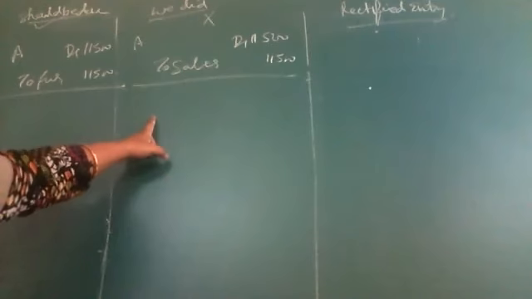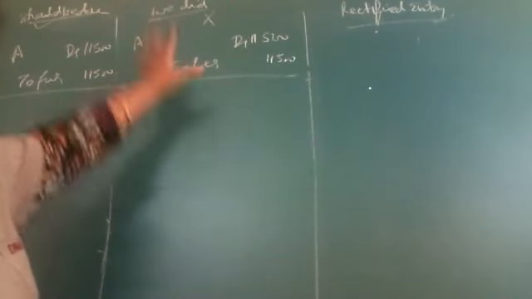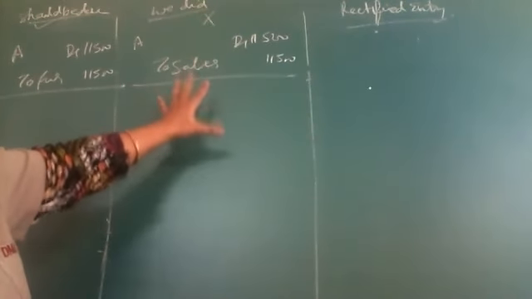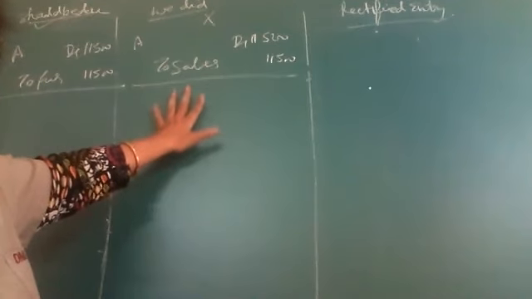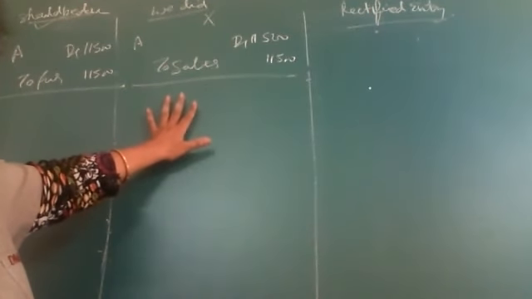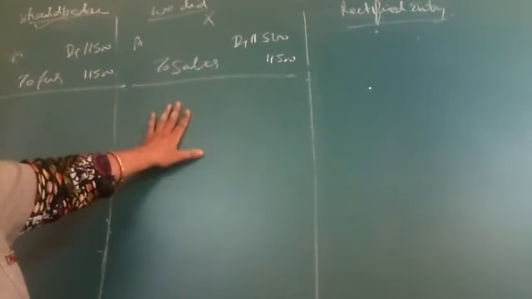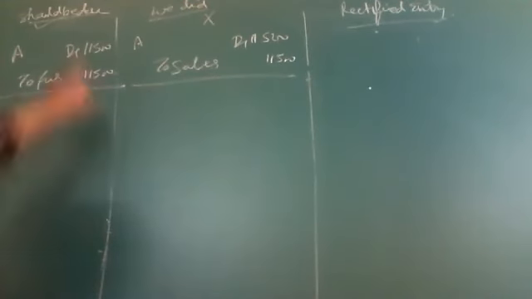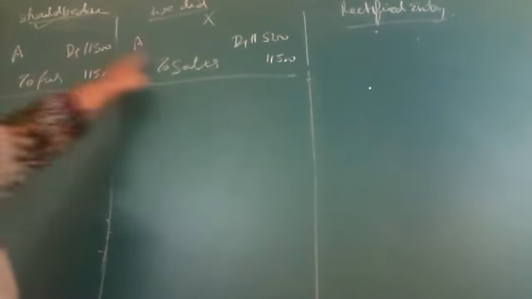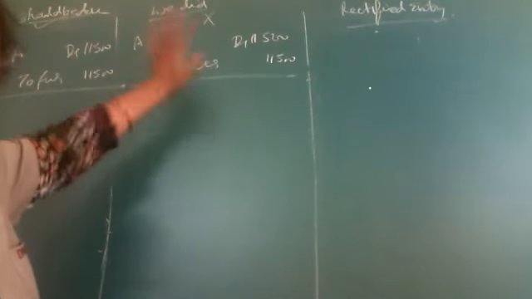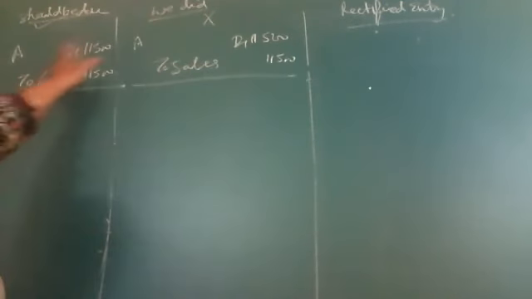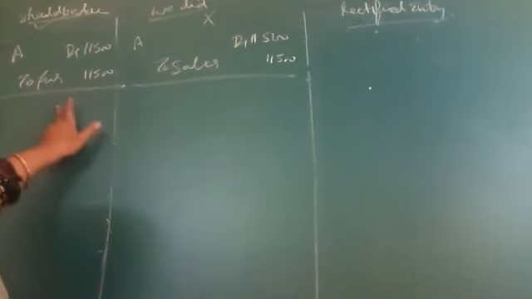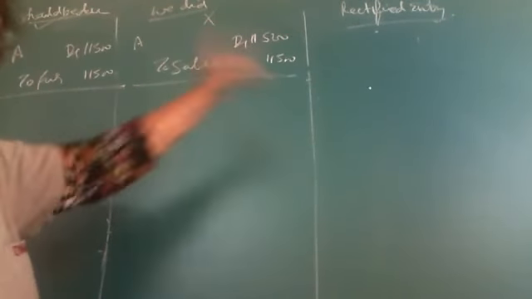Let's see what wrong we have done. This is the wrong part. A debit to sales account. We recorded it in the sales book, which means it is recorded as a credit sale, a goods sale. Otherwise, actually this was not a goods sale. It was an asset sold. Let's see the rectification. A should be debit. A is already debit, so no correction is required. Forget about it. Furniture should be credited. As per the right entry, furniture should be in credit. We have not done it. Now we will do it.